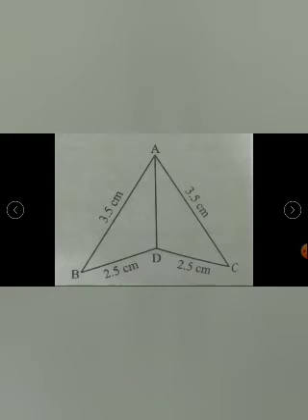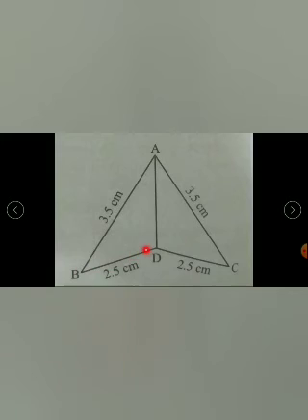Next question. Here also we have two triangles. Identify the triangles. Which are they? ADB, that is one triangle. ADC, that is the second triangle. We have to prove these two triangles are congruent. So for that, here the lengths of sides are given, isn't it? So first check whether they are equal. Here AB we have 3.5 centimeter. Similarly AC also we have 3.5 centimeter. So by the length we can say AB and AC are equal.